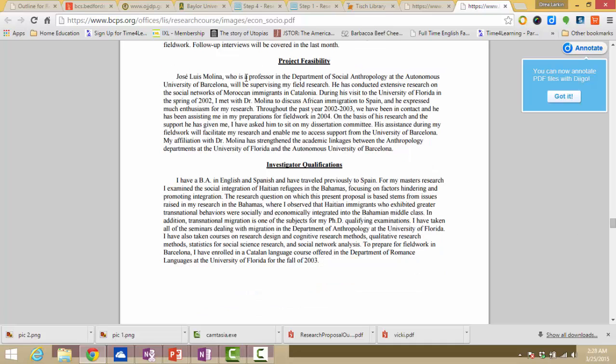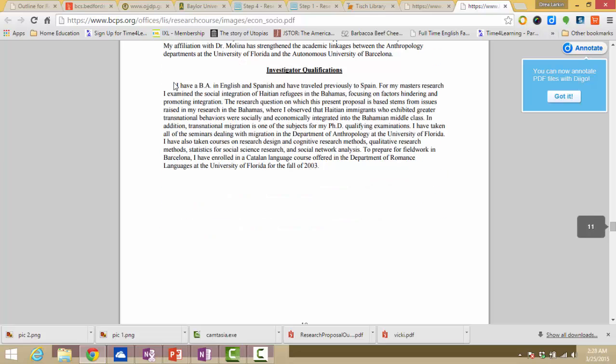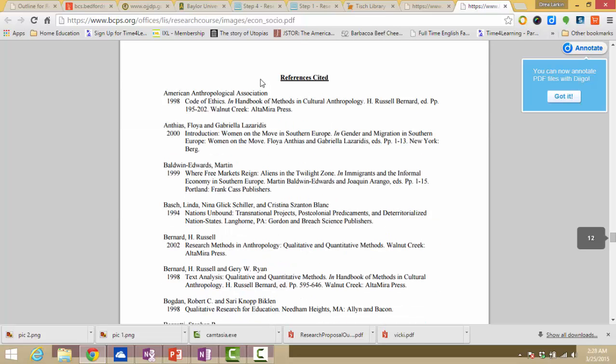And then there's more information. The project feasibility will talk about who's going to help with the research to make the project more valid. And then there are other things that this person is trying to show. Here are my qualifications in order to do this. And then there's a references cited page.